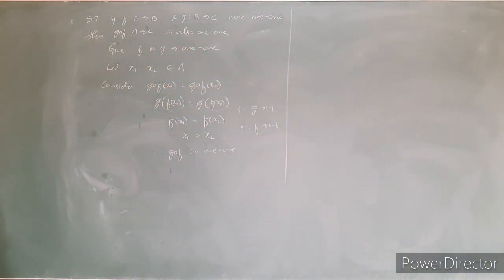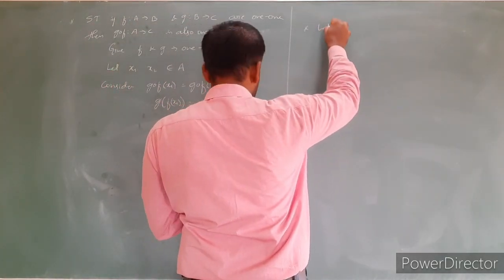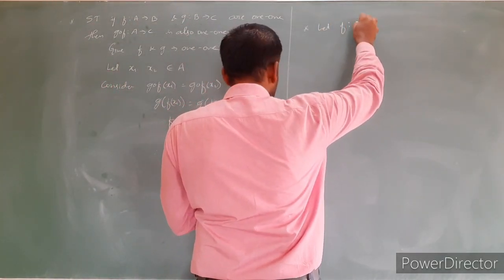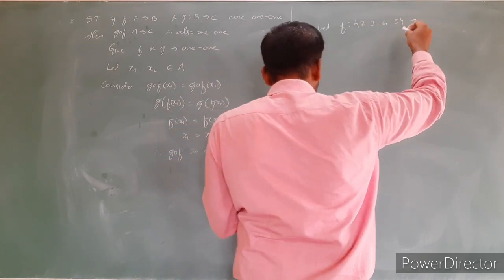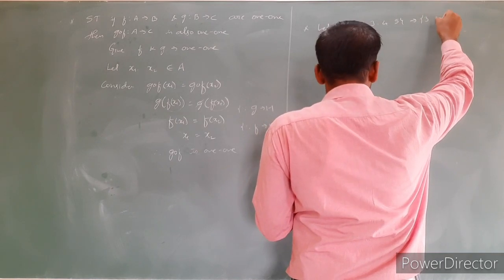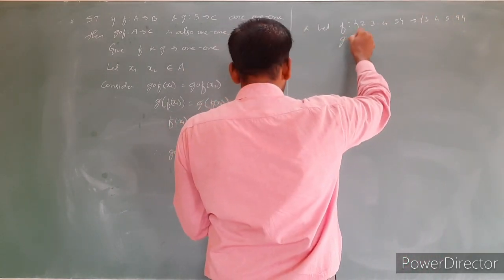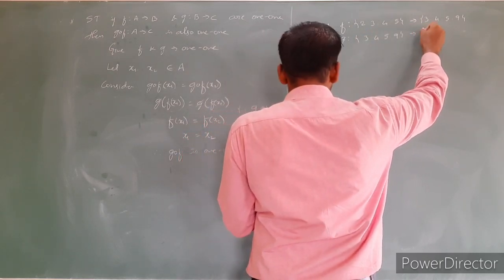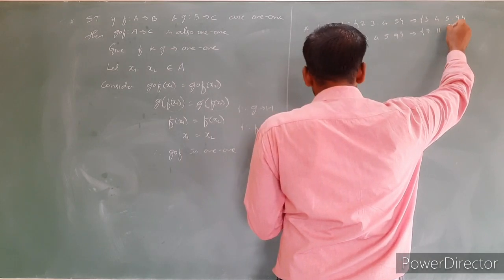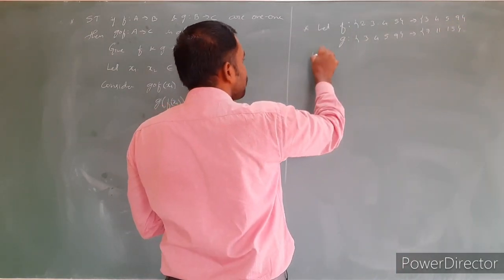Derivation. Okay, now one more problem is there, very important, and take it. Let f be a function from the set {2, 3, 4, 5} into {3, 4, 5, 9}, and g be another function from {3, 4, 5, 9} into {7, 11, 15}. Let them be the functions defined as